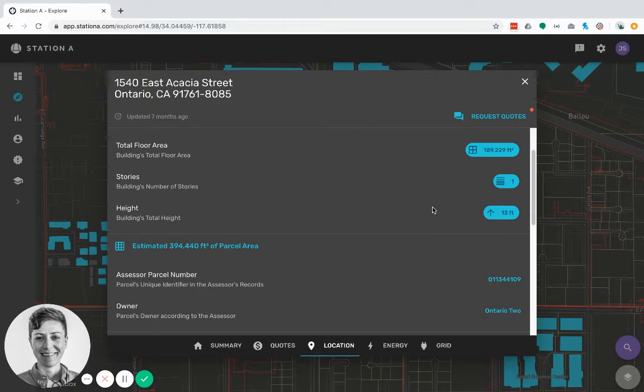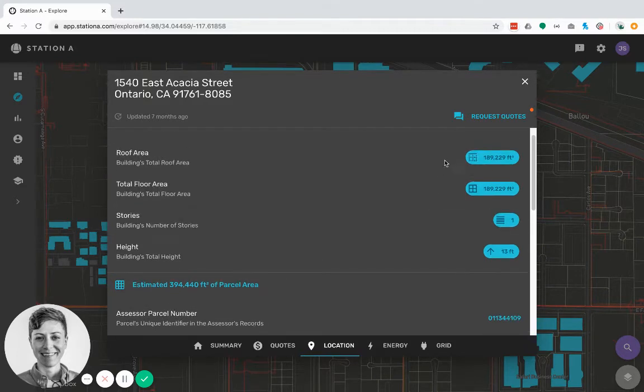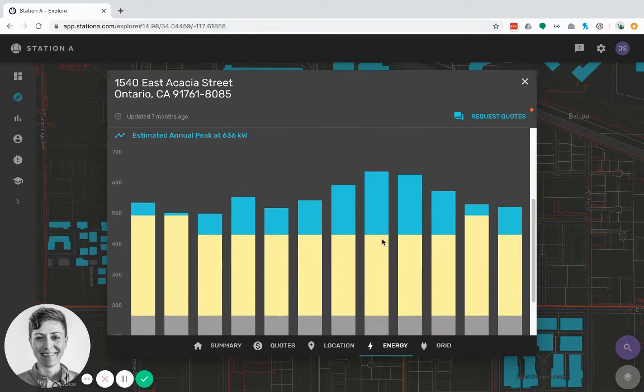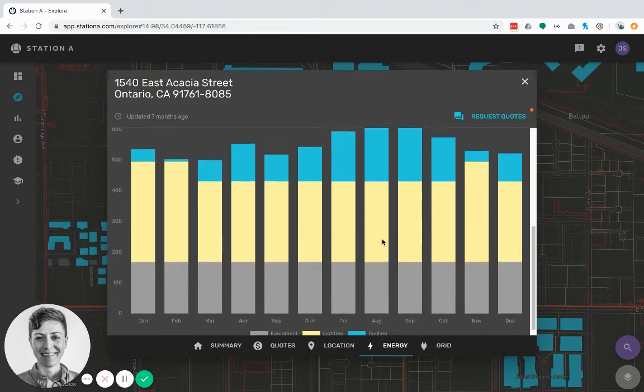Once we have that, we can run that through our proprietary energy modeler that's segmented by business activity type, overlay that with a thermal energy model of that structure, and produce essentially an 8760 for any commercial and industrial